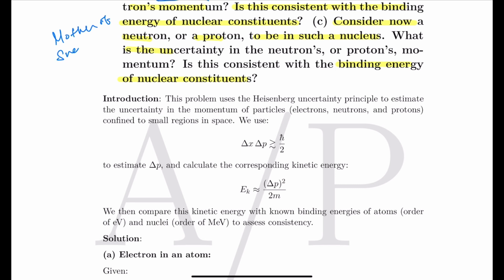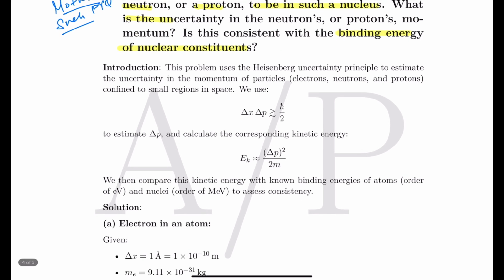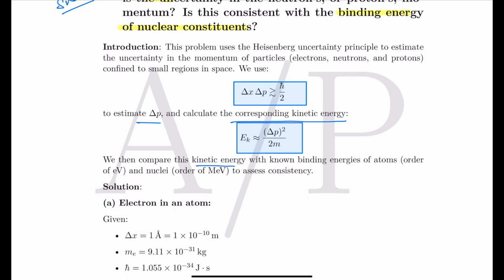Mother of such PYQ. Let us see how, because we are trying to understand the complete atom. So we are going to use this form of Heisenberg's uncertainty principle. To estimate the momentum, we are required to find the corresponding kinetic energy. The corresponding kinetic energy is given by momentum square upon 2 times mass. So when we compare the kinetic energy with the known binding energies of the atom and nuclei, we get